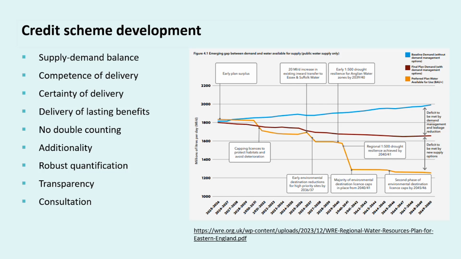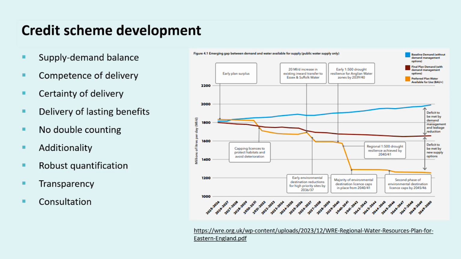The Environment Agency is likely to monitor the success of a scheme by assessing whether abstractions from the water resource zone have been reduced. That might introduce some complexity because the water company efforts to reduce leakage and other demand management measures may cloud that picture. And so again, robust data is required to evidence the water usage attributable to the scheme. And detailed and repeated consultation will of course be required with all stakeholders, including developers, land promoters, regulators, the water company, the community, and all relevant government departments.